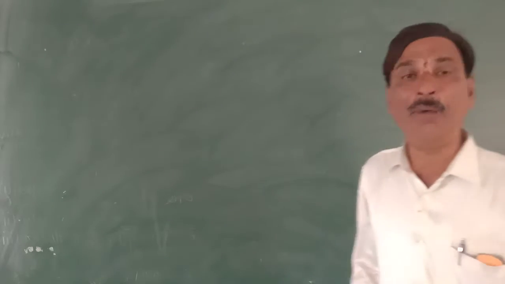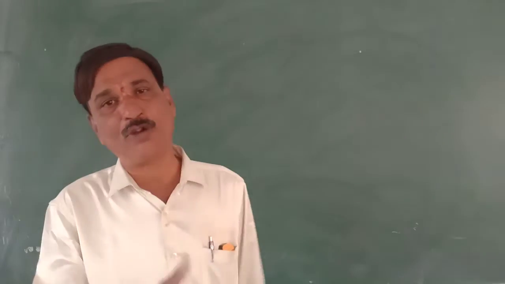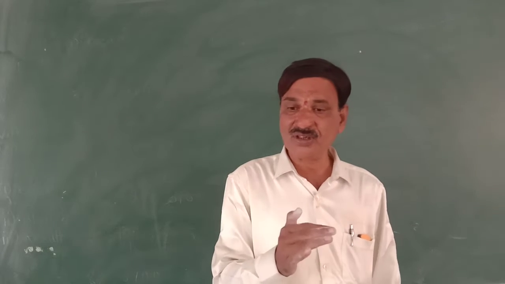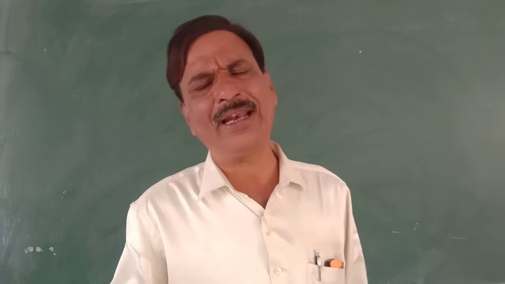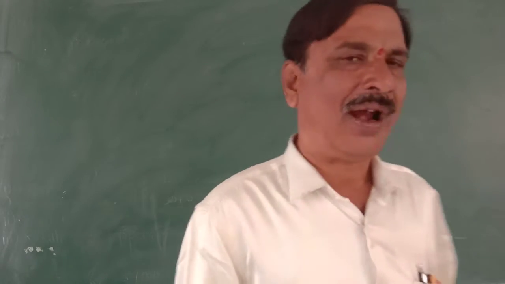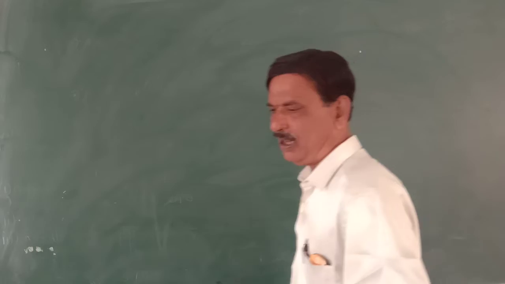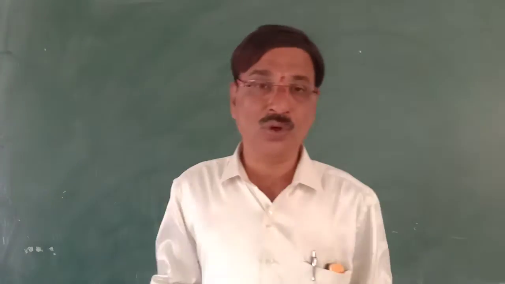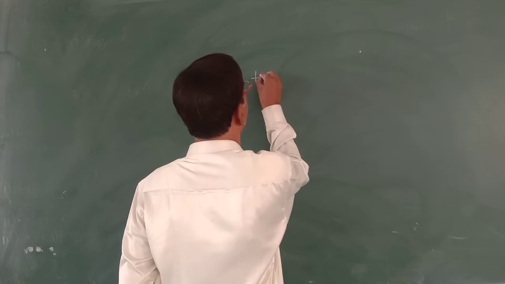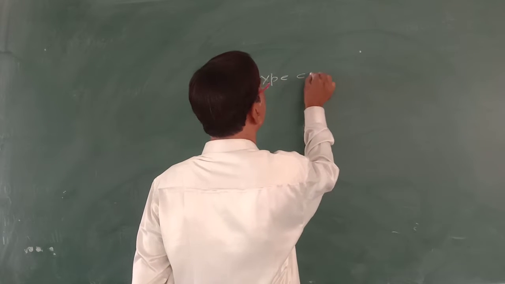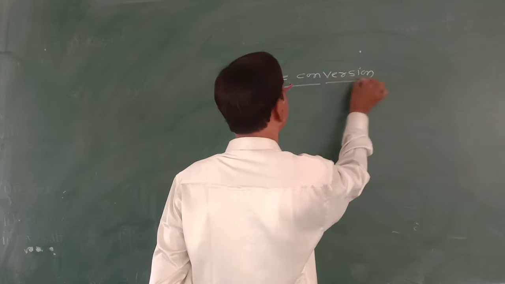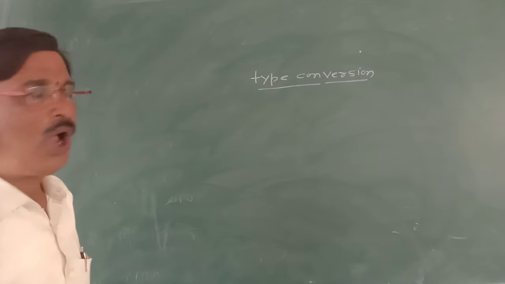Third, we have seen built-in conversion. If actual parameter is 8.13 and formal is integer, then .13 will be truncated and 8 will be assigned. That is called built-in conversion. And at last, if all these three steps fail, then the compiler uses user-defined conversion. So what is user-defined type conversion? How does it take place?